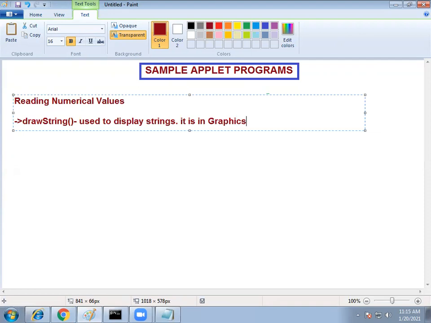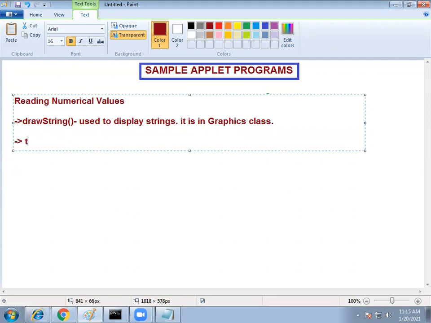The purpose of drawString is to display only strings. But if you want to display numerical values, this numerical value must be converted into a string.